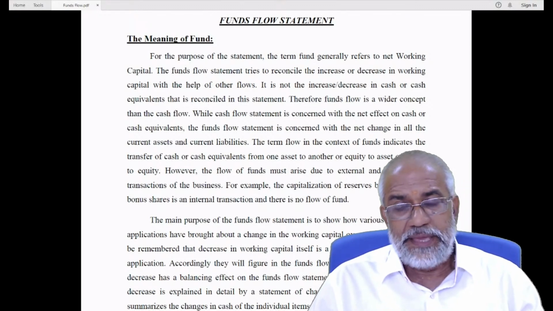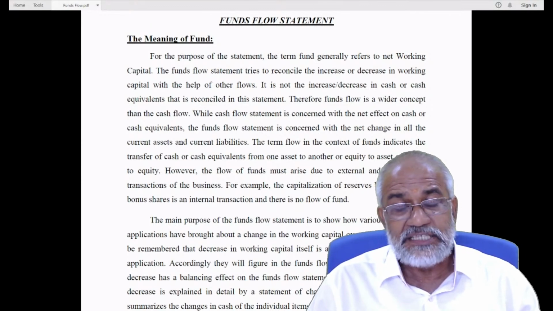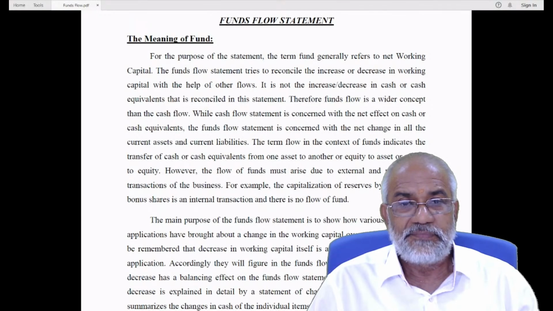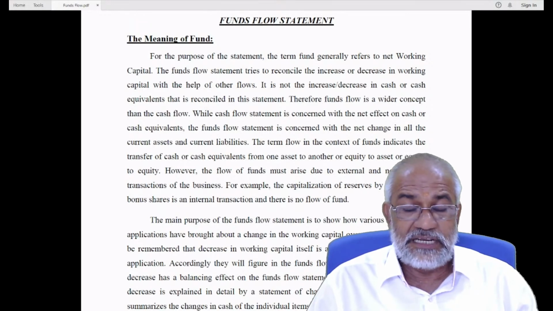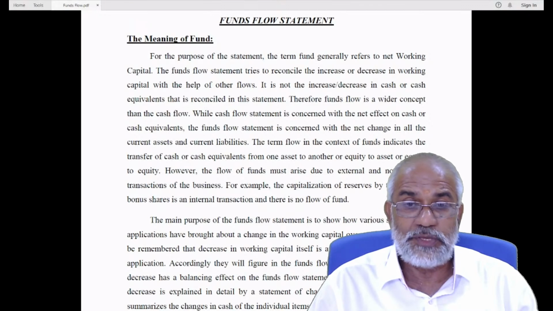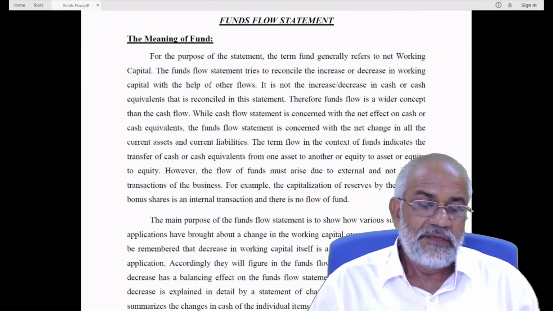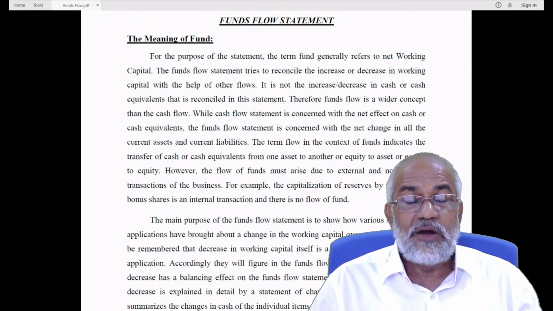Will it make a flow of fund, or will it cause any change in the fund's position? Will it increase the current asset or current liability of the organization? This particular transaction is collection of 5,000 rupees from the debtors. If we analyze the transaction through a journal, the entry for this would be, when the amount is realized from